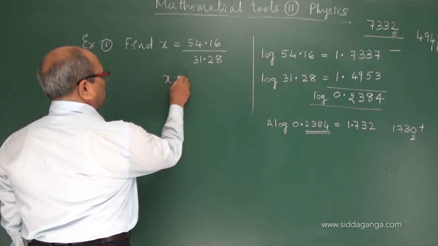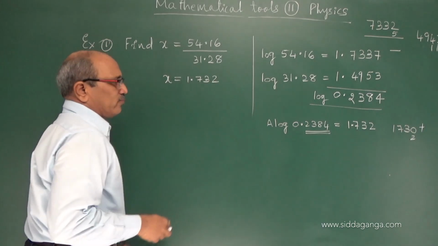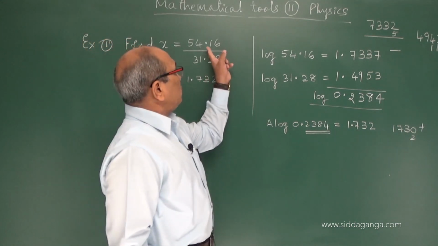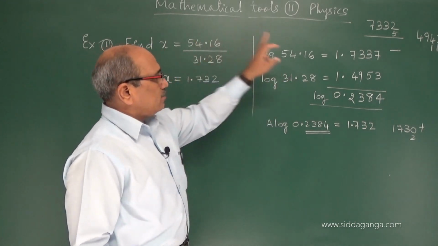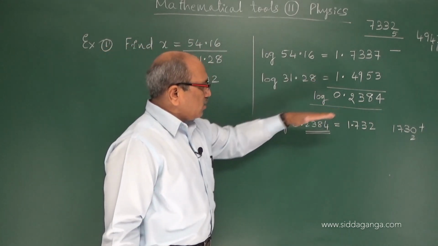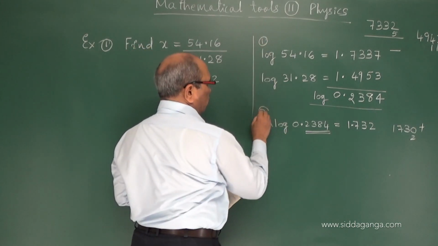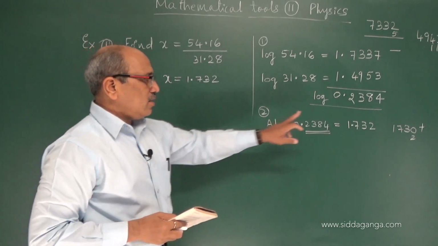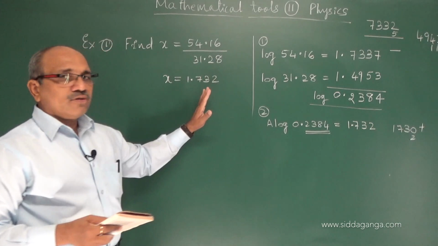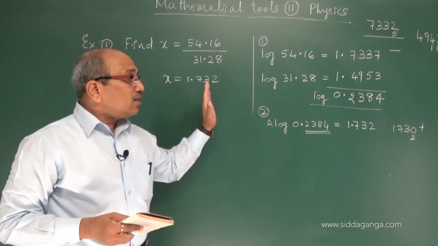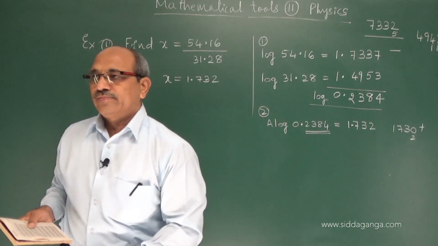So the x value, I can write now, is 1.732. I think you followed. We found the log of this and also found the log of the division, subtract. And whatever we got, this is step 1 and this is step 2. Find the anti-log and whatever comes is the answer. Please note down. That is one step here, let us go to the other problem. It is a simple case I showed you now.